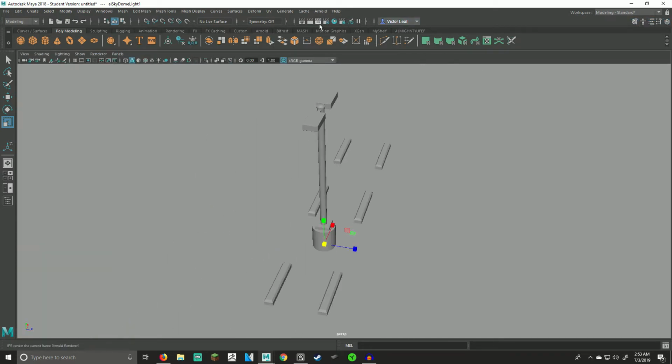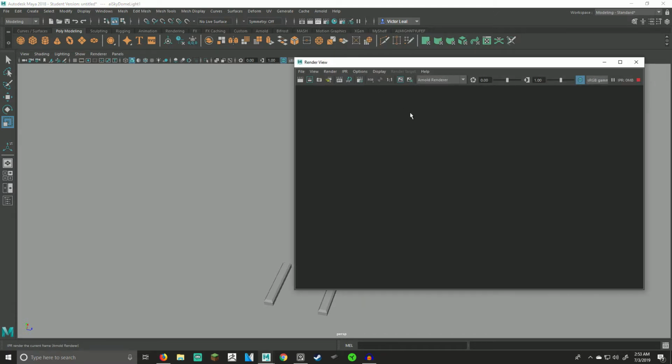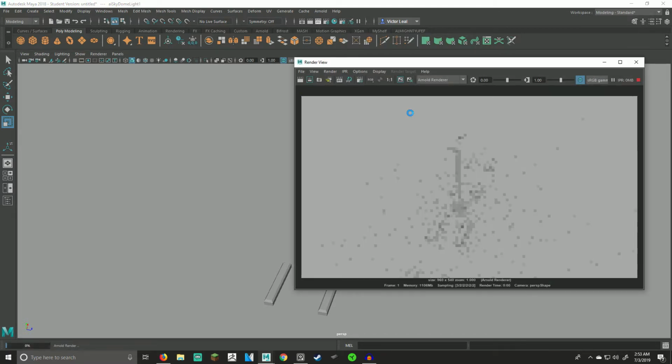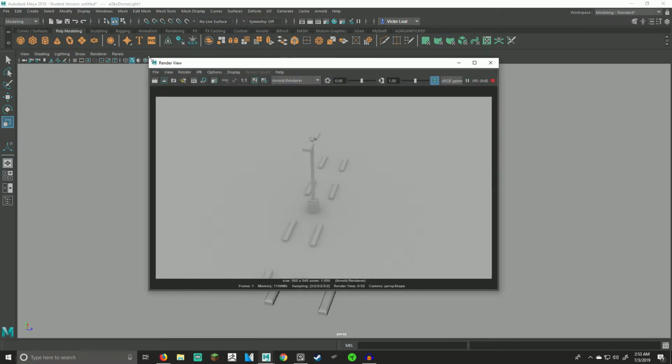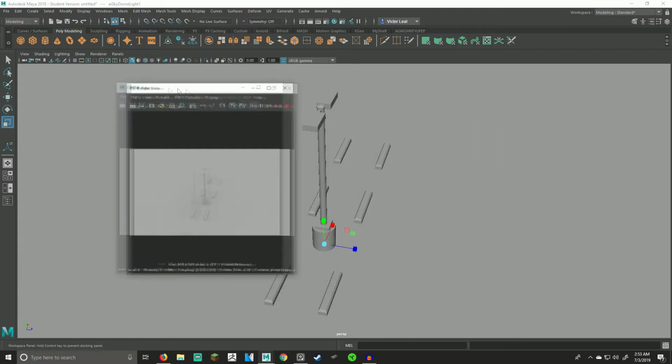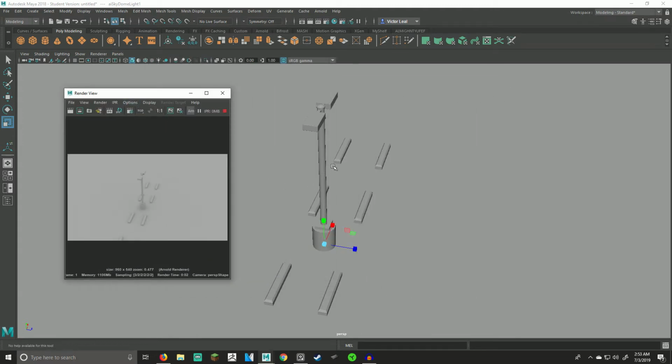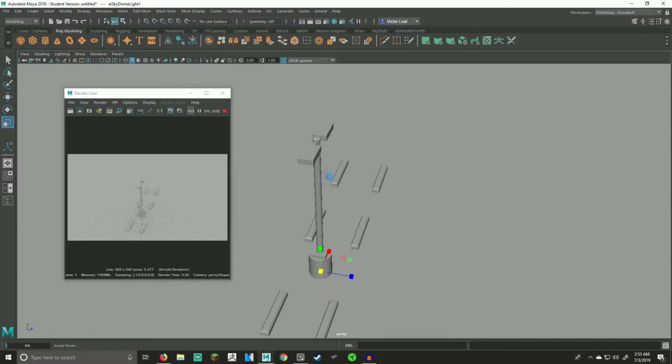And we're going to go to IPR. Now if you look, we're going to render really quick what it looks like for our item. It looks pretty cool. It looks okay, not too bad. If you do IPR, it's basically rendering every movement you do. So I'm going to make this pretty small. And if I were to really zoom in on there,